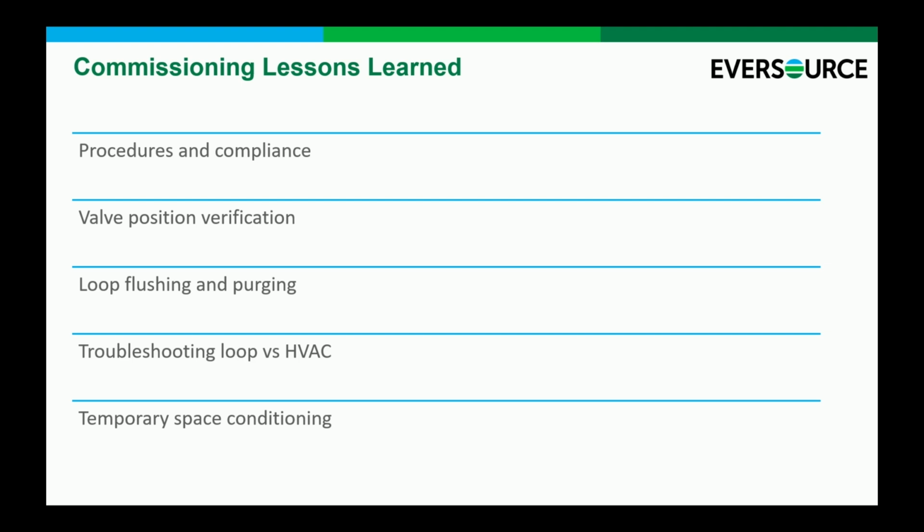is just because you explain it to a contractor and you talk through it doesn't mean that they necessarily understand how the shared loop works. They may be familiar with two pipe systems. They may be familiar with individual installs where they just have a single pair of lines coming into the home. They do not necessarily understand a shared loop, and so take the time to talk through